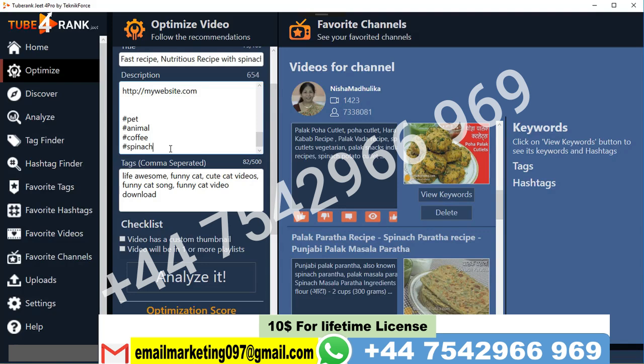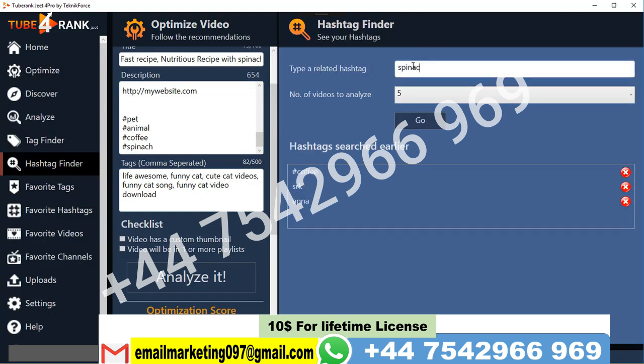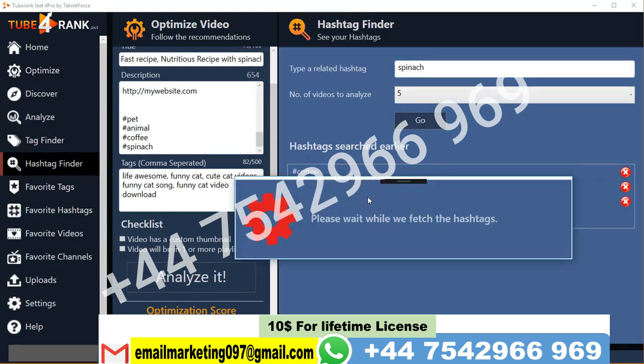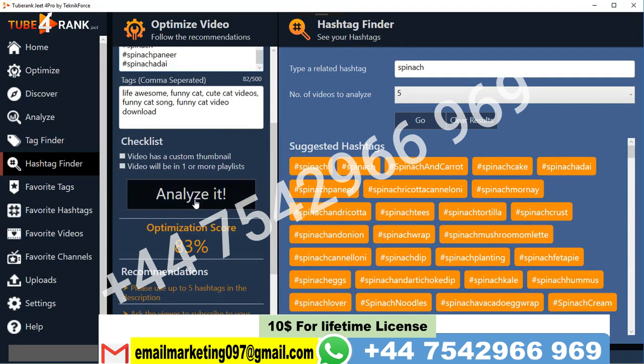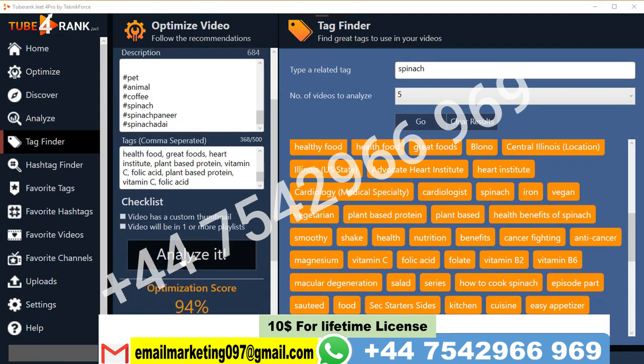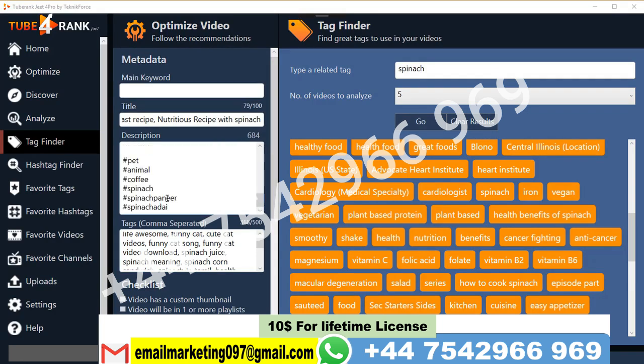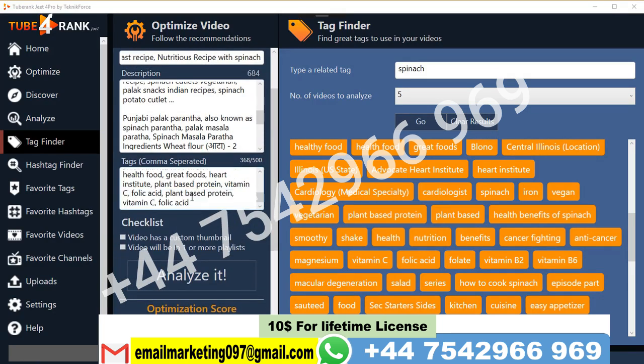I'm going to add in the hashtags, or actually let me go to my favorite tags, the hashtag finder, put in spinach and click go, and I'm going to get a lot of hashtags related to spinach. So I've got some now. I'm just going to copy some of them till I get to 5, like this, and in a number of seconds it's done. Click on analyze it. Now I'm up all the way to 94%, which means my title, my descriptions, my tags are all fully optimized,